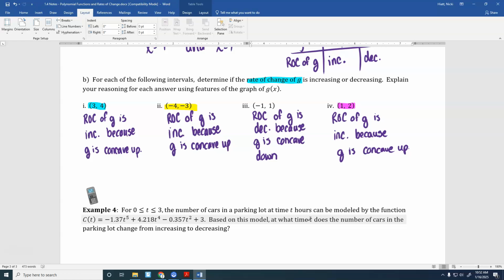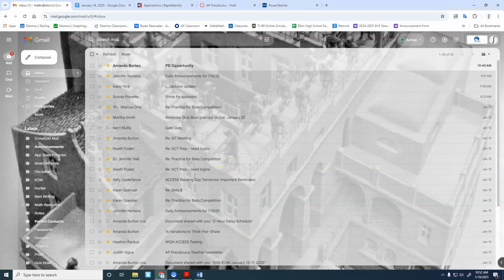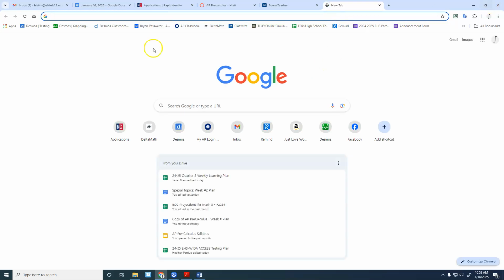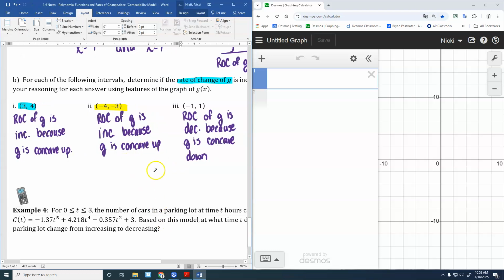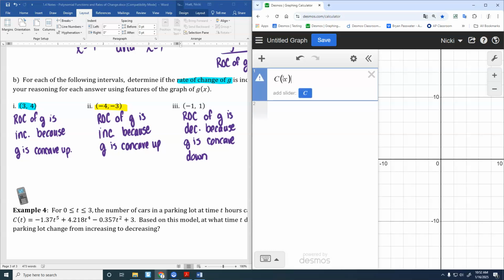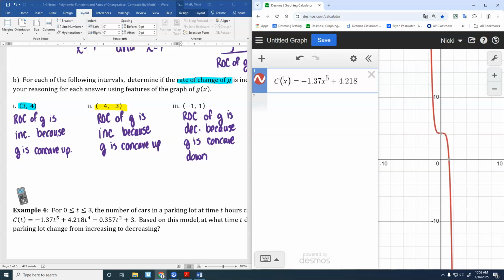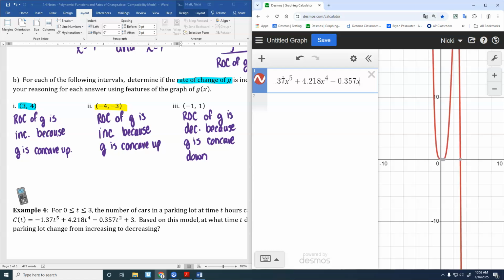Okay. The last one is a calculator active problem. You guys don't have to get out your computers for just this one problem. I'll just put this up here on the screen. So we're going to have, I'm going to use C of x because Desmos is a little better if you use x's sometimes. Okay. So